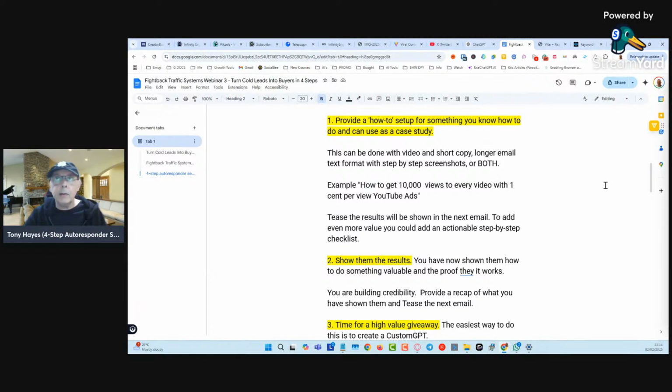Now, I think the first time I did this, it was to show some rankings. I used to have a system called the rank attack system that was using CTR clicks from search engines mixed with some other bits and pieces. I showed them how to set it up with one of my softwares. And basically, I told them when we come back in the next email, I'm going to show you proof of results. So the open rates were very, very high.